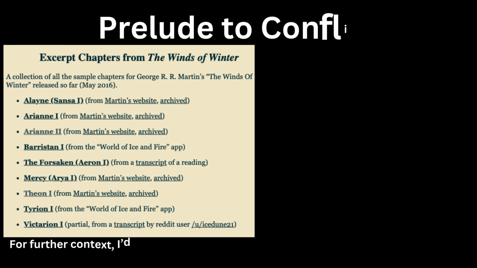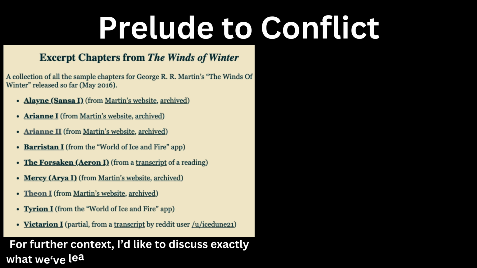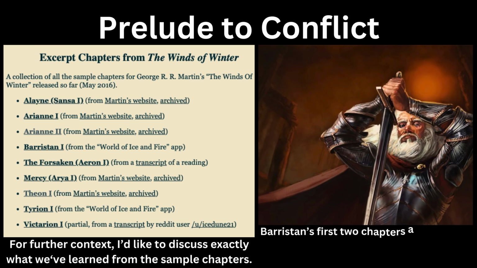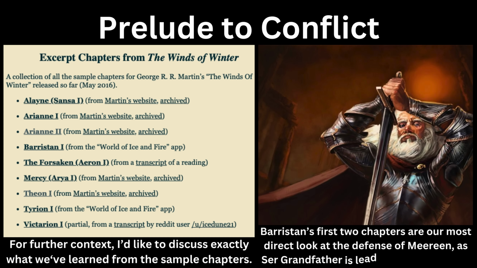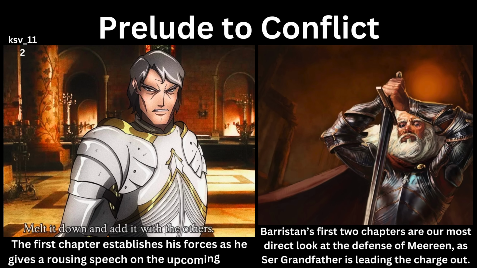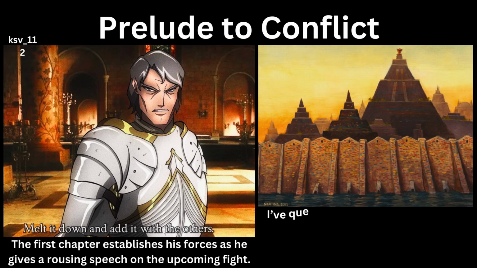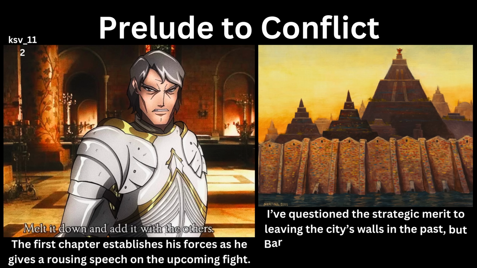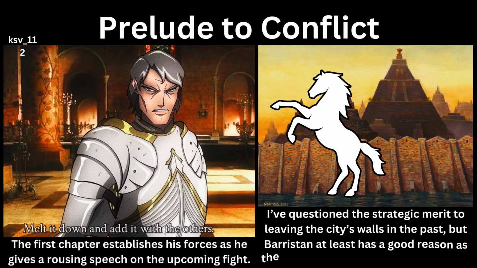Let's dive into exactly what those sample chapters tell us. Barristan 1 and 2 are our most direct looks at the Battle of Fire itself, as he is commanding the main bulk of the defending forces in this conflict. His first chapter is effectively him readying his men for battle, giving them a speech, and preparing them to ride out of the city. This is an interesting strategic gambit, as they do have a very strong defensive position within the city, but there is a plague ongoing, the Pale Mare, which is dysentery-like, which is prompting him to kind of take decisive action and end this battle before things get worse inside the city.